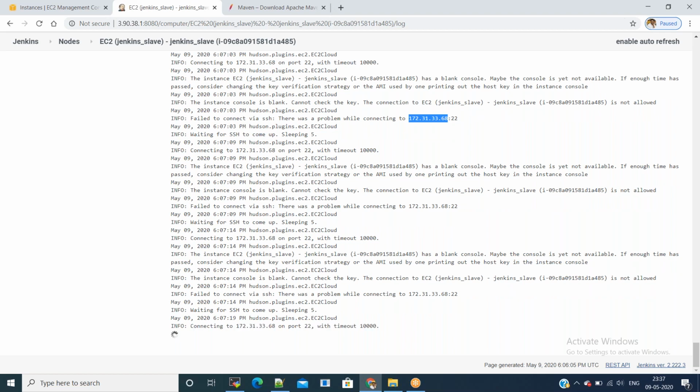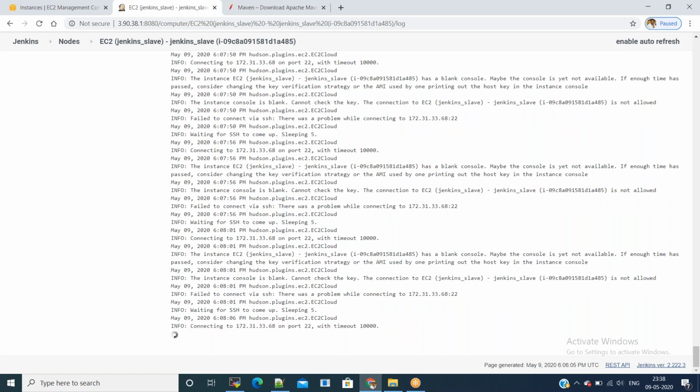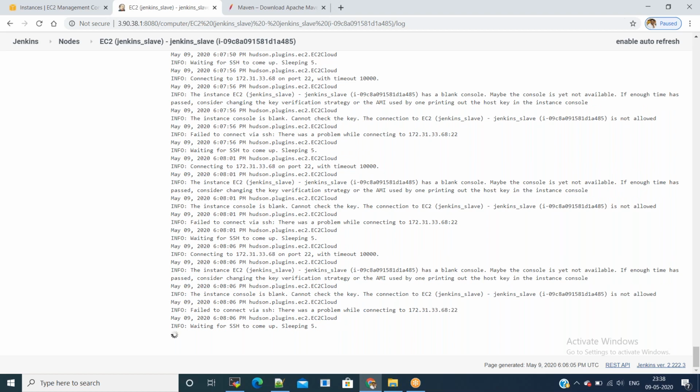You can see it is trying to connect through SSH. We need to wait until this slave becomes active and our job has to run on this slave only.